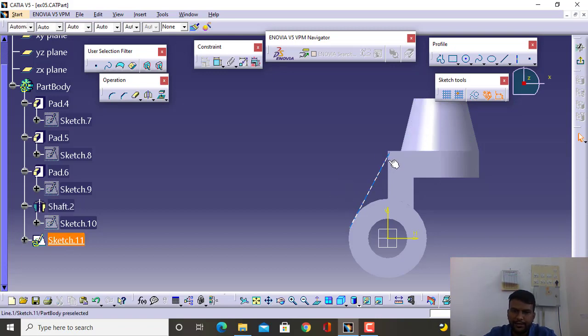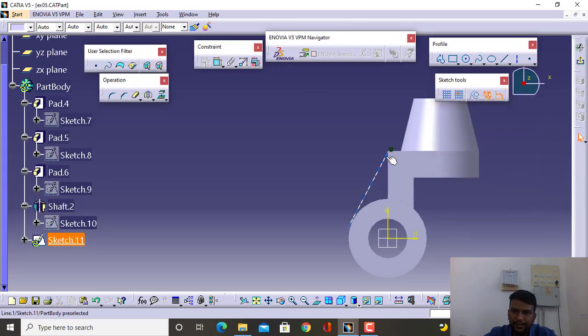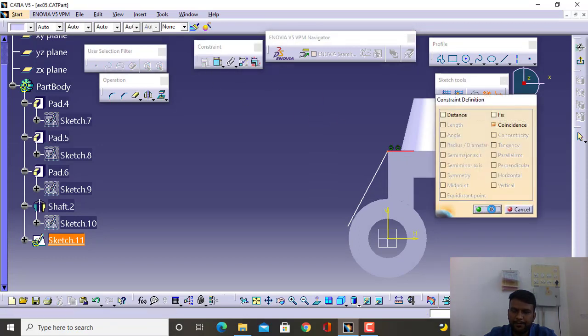Next thing is make it constrained. Select this line and select this point and this edge. Go to the constraint dialog box, make them coincident. Again, a similar procedure. Select this point and now select the horizontal edge, and again make them coincident.